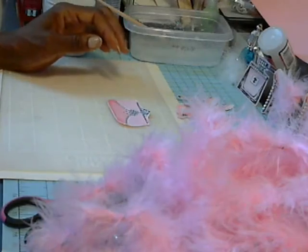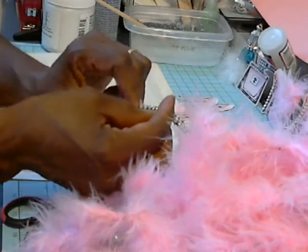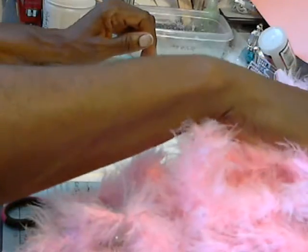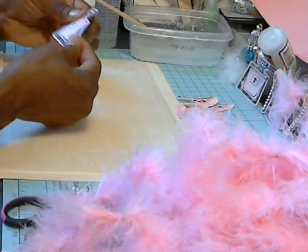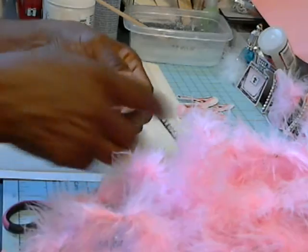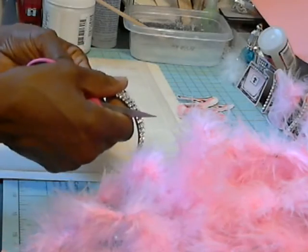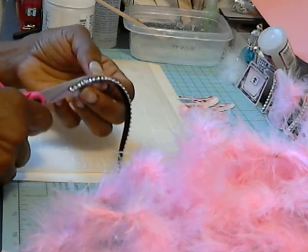So after that, let's see, well, you know what? I said I wouldn't do the purse. That was kind of the simplest one. Let's do the perfume bottle. I think that would be interesting. So what I do, I take my trim and I trim off maybe, let's see,